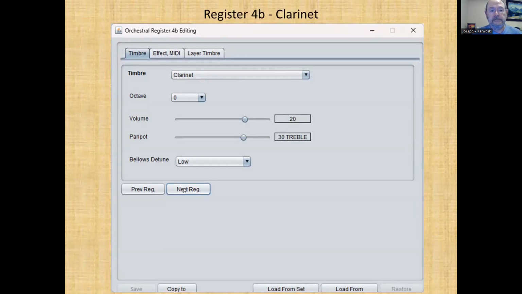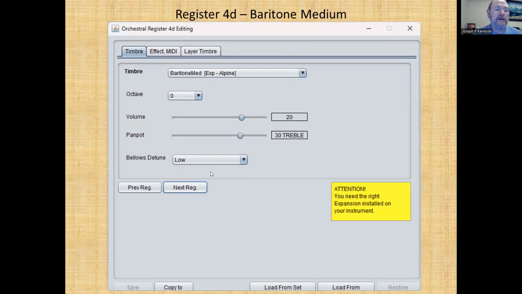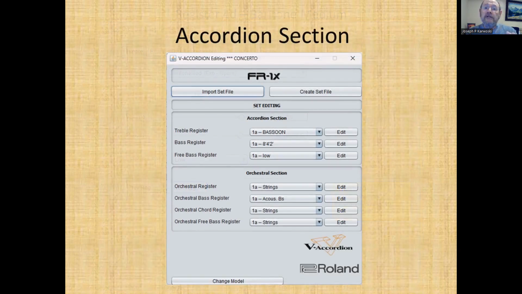Clarinet for 4B. 4C, I took a horn and orchestra. So that's my 4C. And 4D, I decided to take a baritone medium because I have the baritone long. I'm going to take a baritone medium. We have completed